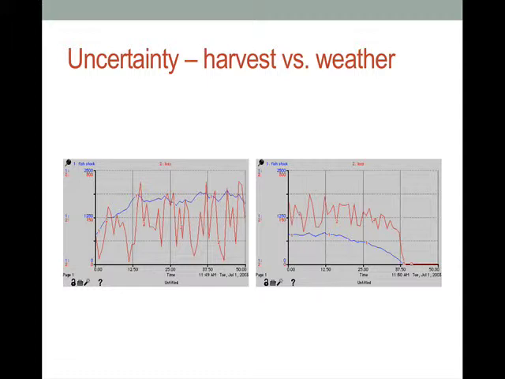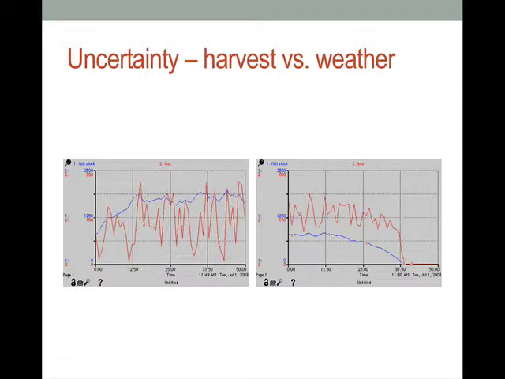Okay, a big uncertainty we have in these sorts of natural resources, especially those based on agriculture and tree growth, would be the harvest versus the weather pattern. If you set a particular harvest rate and the weather was cooperative, you could maintain a high level of harvest. But for the same probability of extreme events, not the same pattern, you see in the pattern on the right that the loss pattern with the same harvest ended up as collapse.